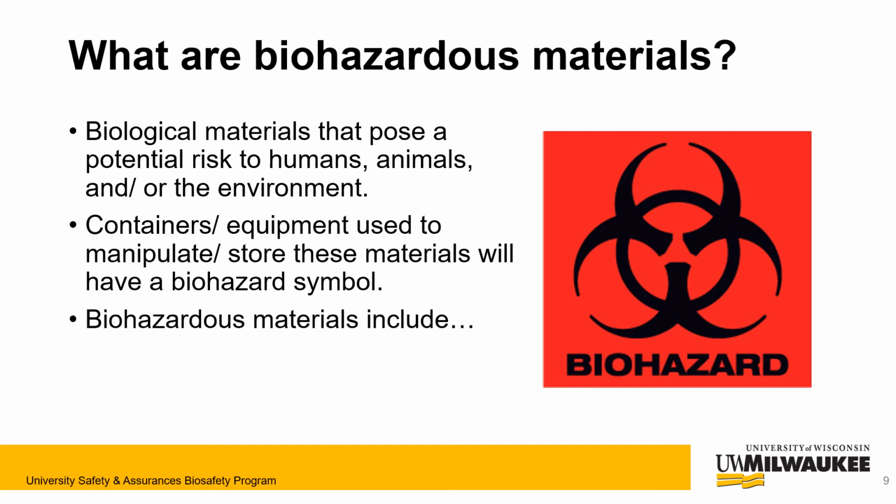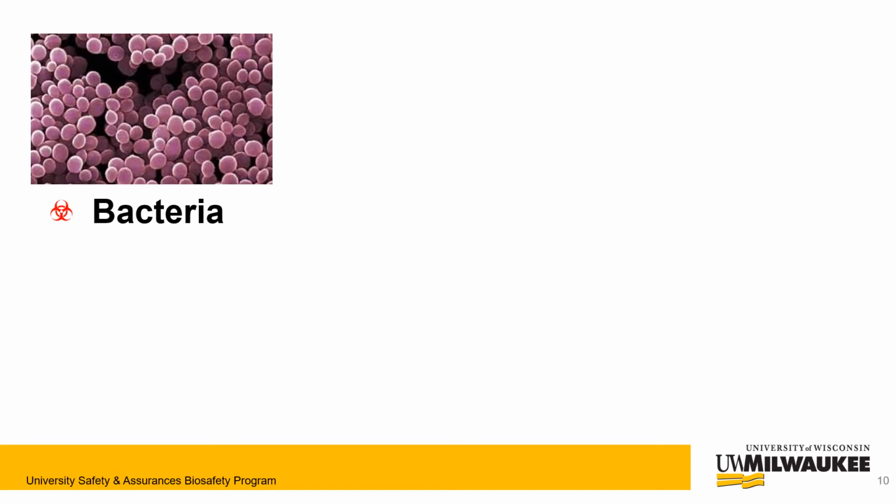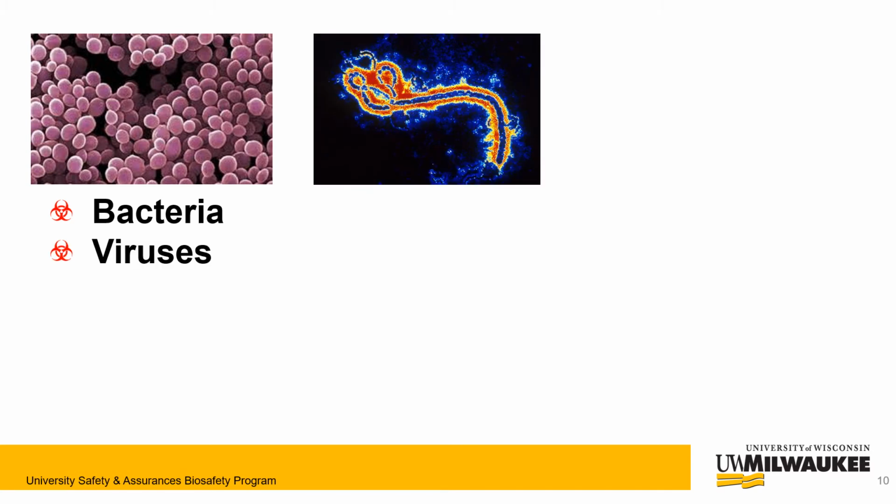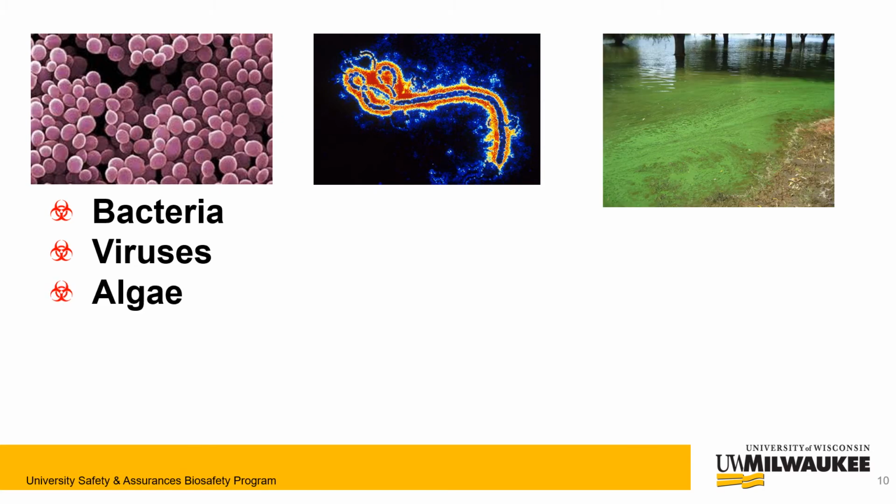They may include bacteria, such as Staphylococcus aureus, as seen in this photo, as well as the toxins bacteria may produce, viruses, such as the Ebola virus, as seen in this photo, or other viruses that are commonly used in research, such as viral vectors, algae, such as the blue-green algae responsible for algal blooms in lakes around Wisconsin and beyond, and the toxins that they produce,